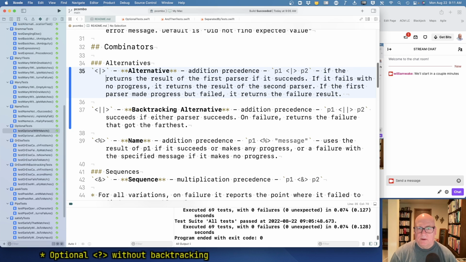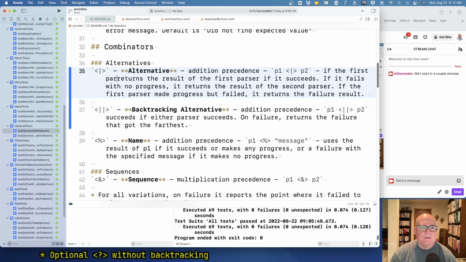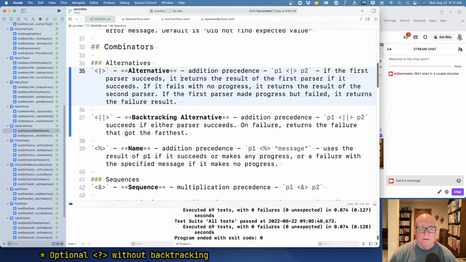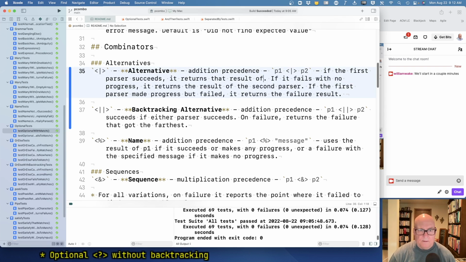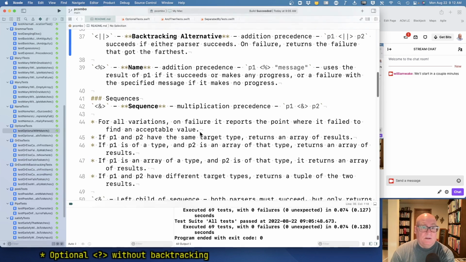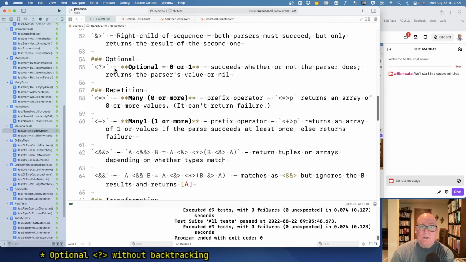Let's turn that around. If the first parser succeeds, returns that result. If it fails with no progress, it returns the result of the second parser. If the first parser made progress but failed, it returns the failure result. Okay, that is true. All right, there's no corresponding issue on the sequence one, but the optional,